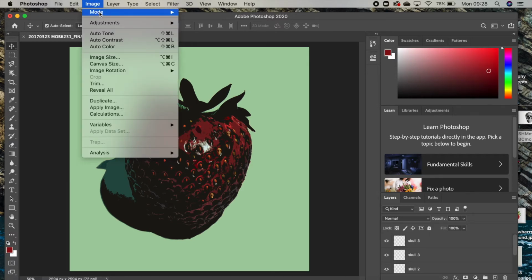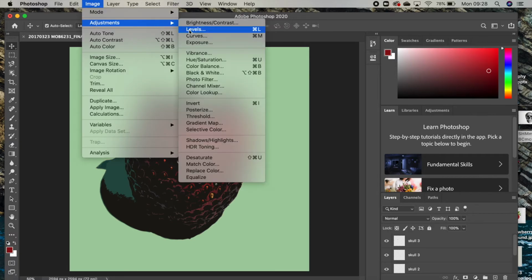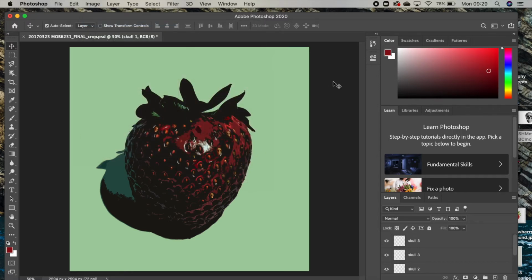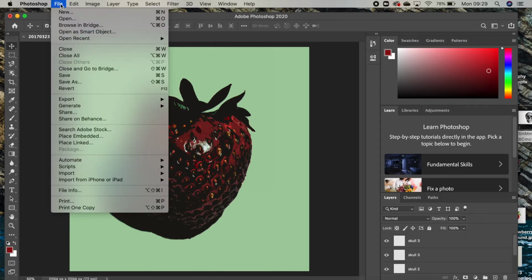So let's have a little look here. I'm going to go to image adjustments, and just again highlight the ones that I've used here. I've used brightness and contrast, I've used hue and saturation and color balance, but again all of this is going to be different for you guys. You can use whatever you'd like, and I wanted to just show you some other things that I haven't already